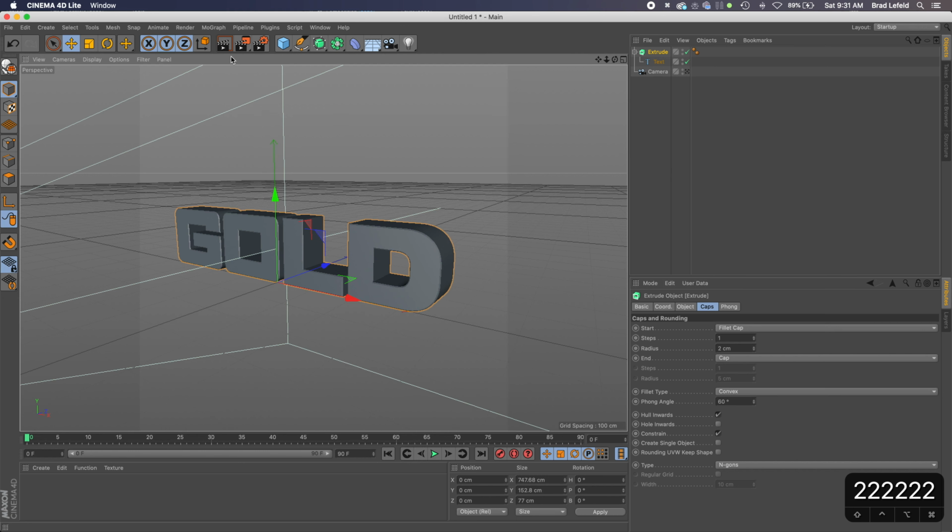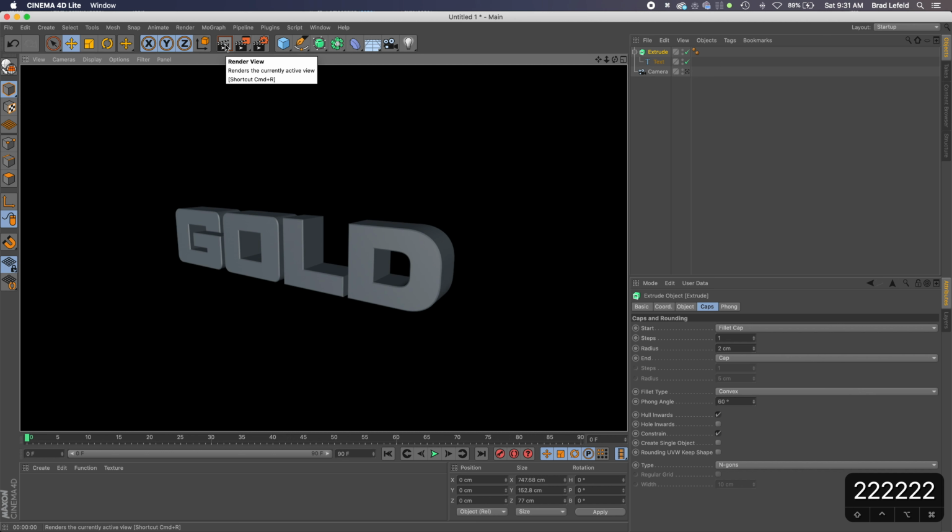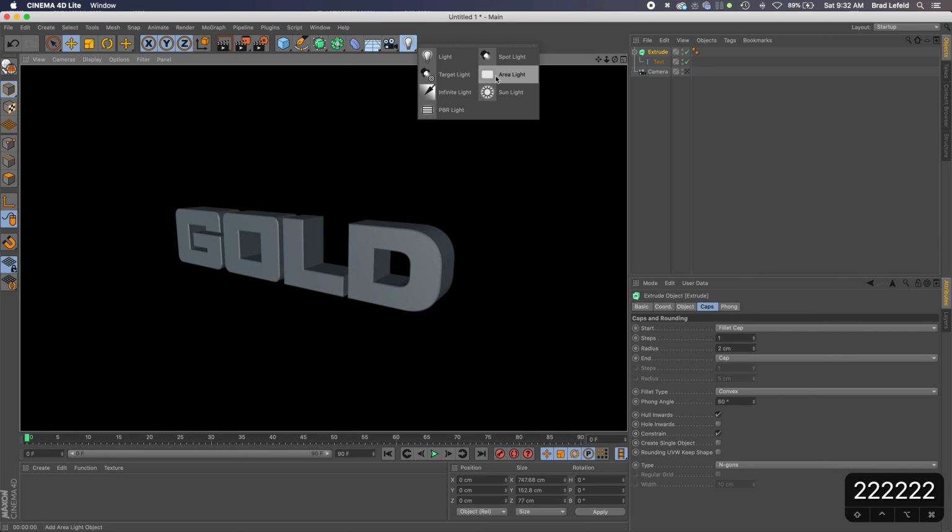Pretty basic. If we click up here, this is the render view. You can also just hit Command R. This is what our text looks like. So pretty boring, just some plain blue-gray text. So what we need to do is add some texture to it in order to make it look gold, or material to it. So in order for materials to look realistic, we need to add some lighting sources. So what I'm going to do is go up to this light here,